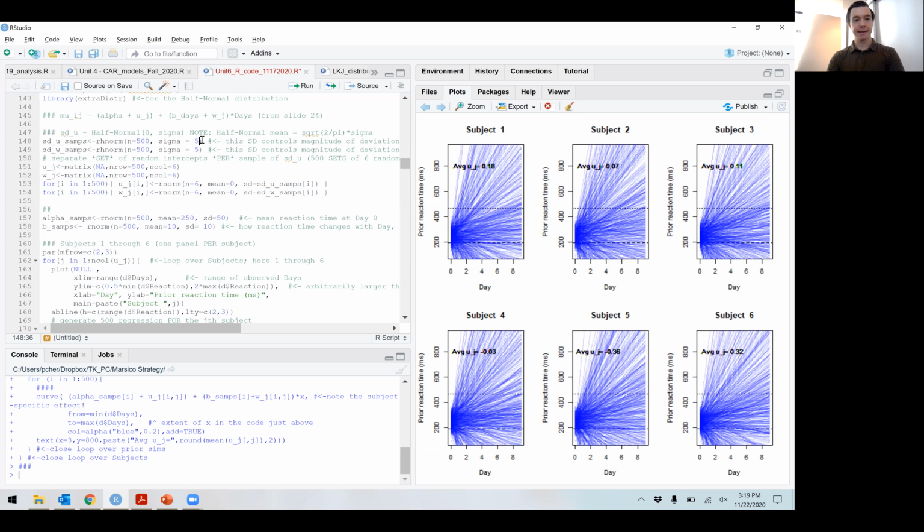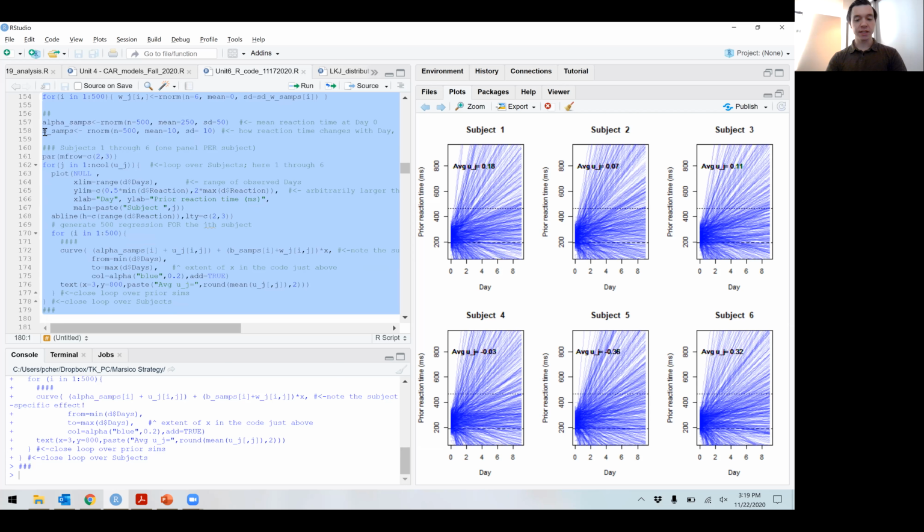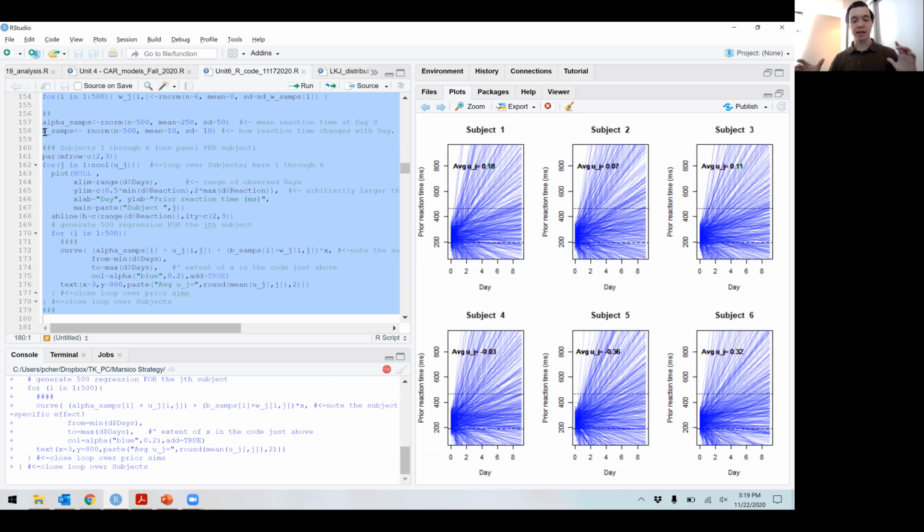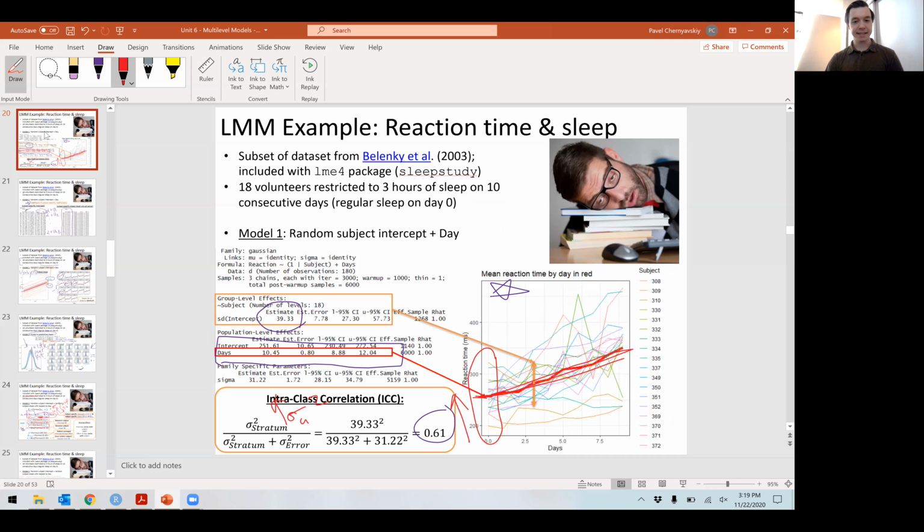And here's what happens if we set the between slope standard deviation to be the same as the between intercept standard deviation on average. My take is this will also look unrealistic. We will be forcing those lines to fan out more than what is supported by the data. While this is running, let me flip back to my data set. So